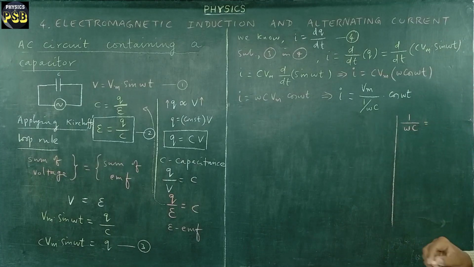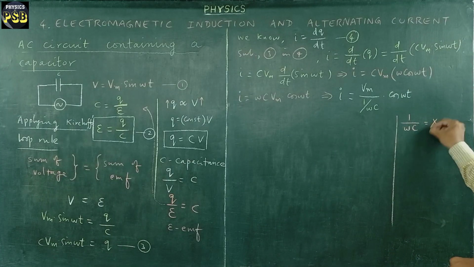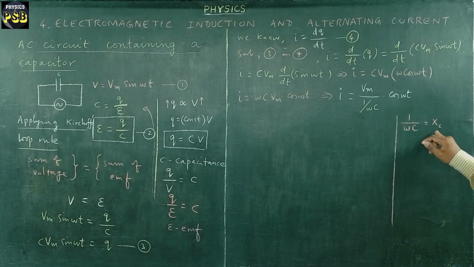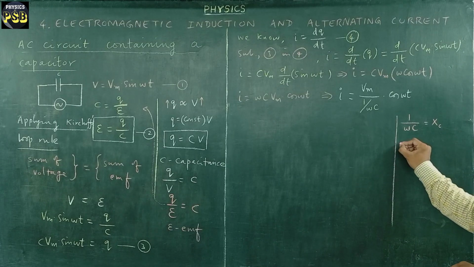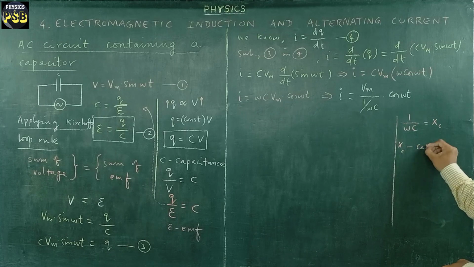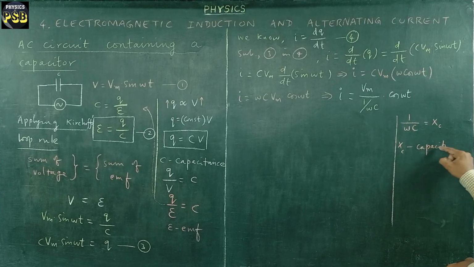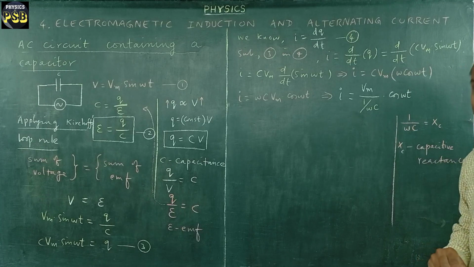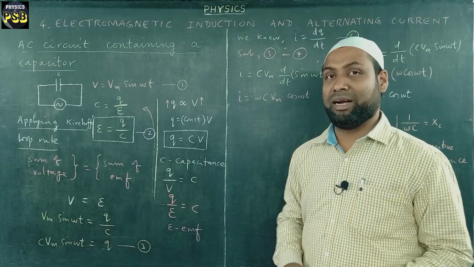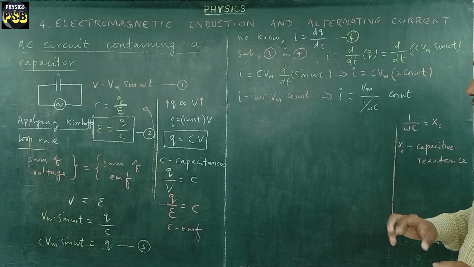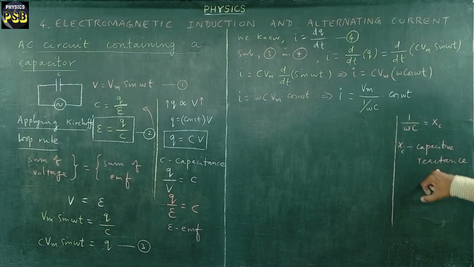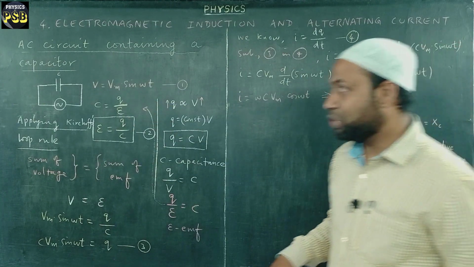Here the term 1 upon omega C is nothing but Xc, which is called the capacitive reactance. Here we have used a new term called reactance. We know what resistance is. Resistance is nothing but opposition to the flow of current. In a similar way, if the current is opposed by some component other than a resistor, then we use the term reactance. Here we have a capacitor in the circuit